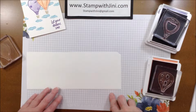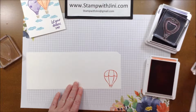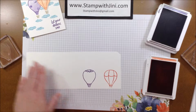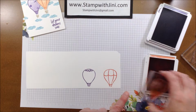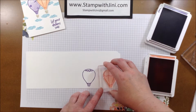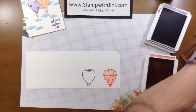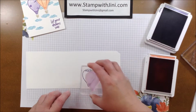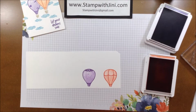Okay, I'm going to start by stamping the balloons, and I am first going to do the outline images because I find it a little easier to do a two-step that way with this set. So I've done the first one in Calypso Coral, which I am going to now ink up the solid image, stamp off once, and then come back and line it up and clean it with my chamois quickly. And then the second one I've done in the Gorgeous Grape, so I am going to ink it up, stamp off, bring it back, line up, and stamp down, and that gives me my balloons,